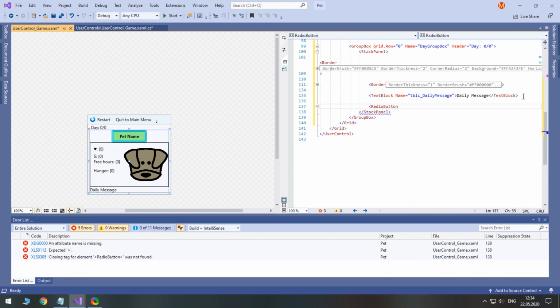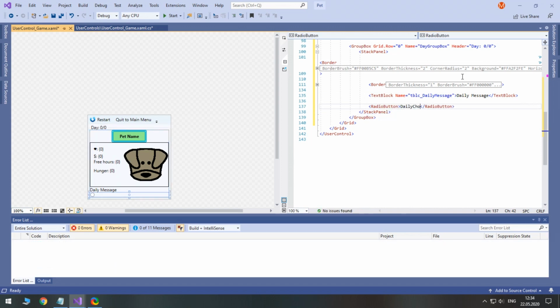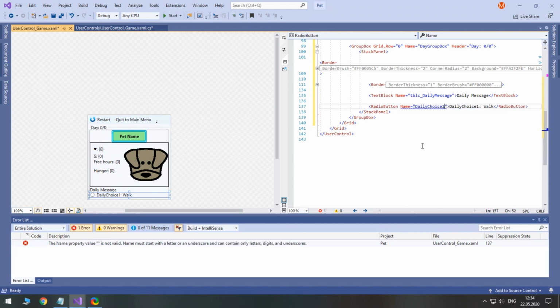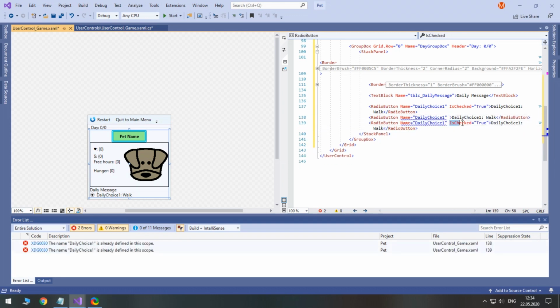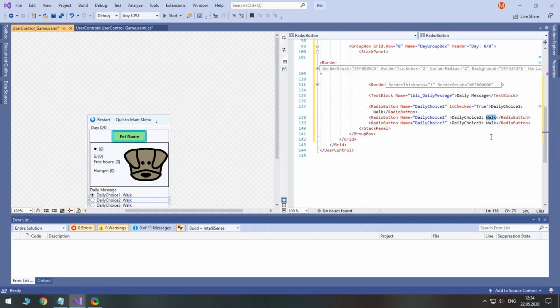Just like in Windows Forms, we will put 3 radio buttons for making a choice below. The third radio button will be hidden by default.